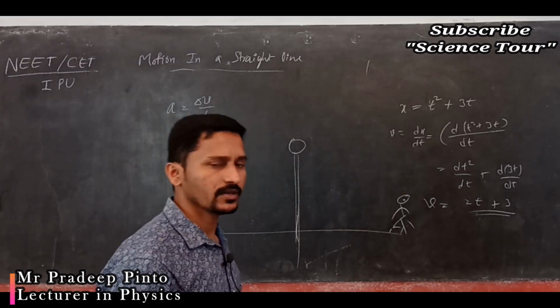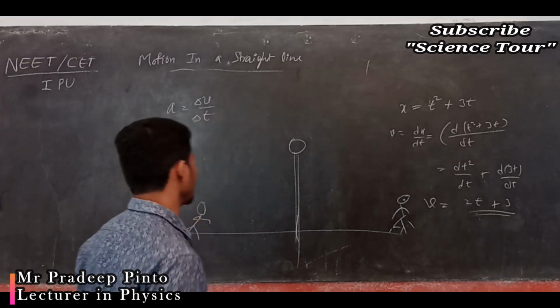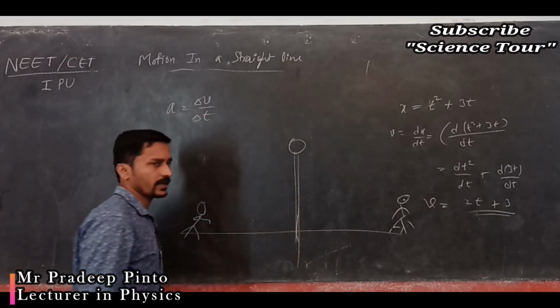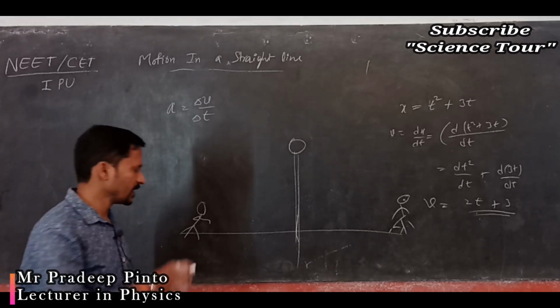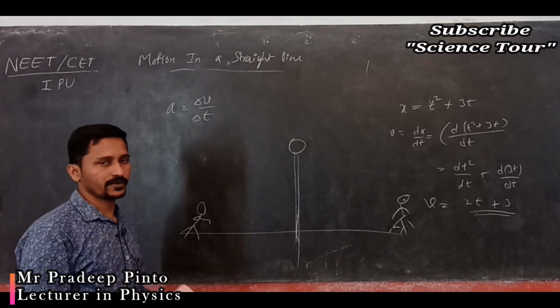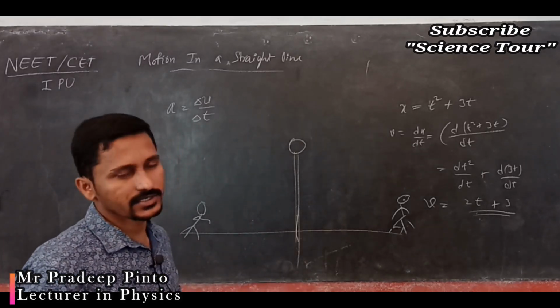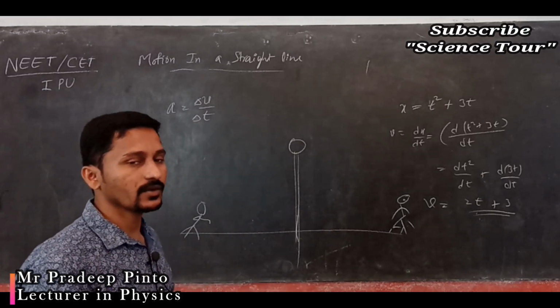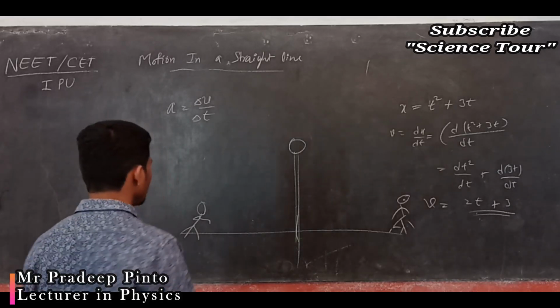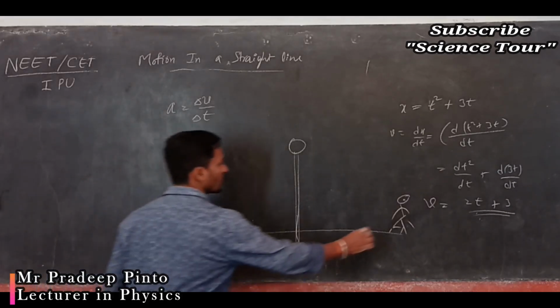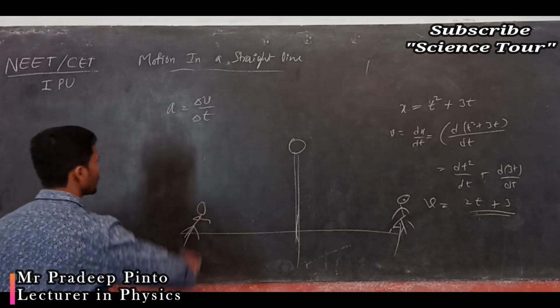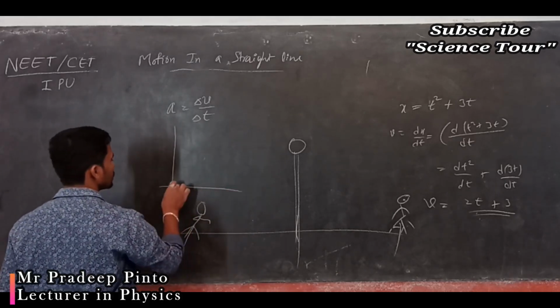Can you calculate it? Is there any device to find the velocity at that particular instant? If you have a motorbike, the speedometer shows the speed. In the same direction, the speed becomes the velocity. Otherwise, what we will do is calculate the total velocity from here to here, and we are going to write down the graph.